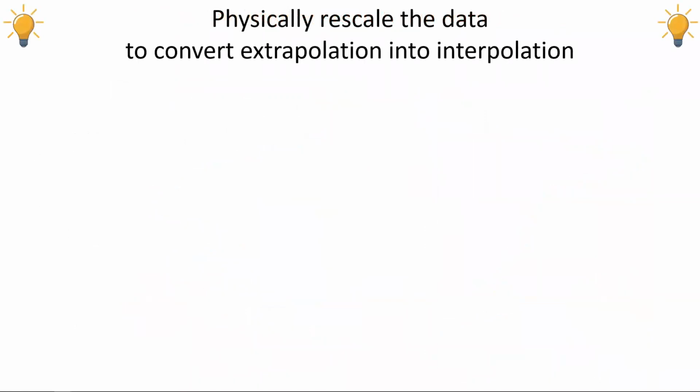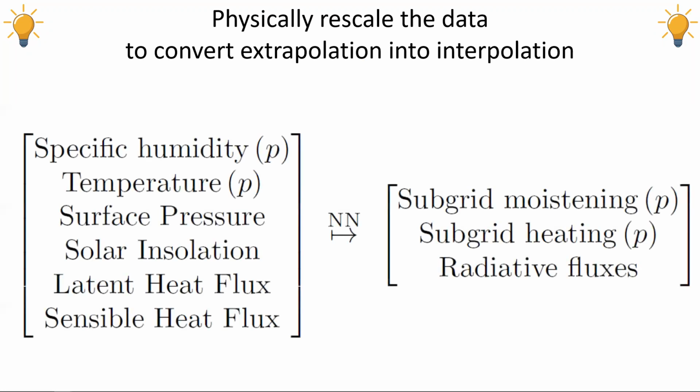And our idea, which was based on the self-similarity in fluid mechanics or domain adaptation methods in machine learning, was to physically rescale the data. That's why we use knowledge of the climate system to transform what's a difficult extrapolation problem for the machine learning algorithm into an interpolation problem that is much more likely to solve. So if you look at the mapping here, going from the climate state to the subgrid scale thermodynamic tendencies,